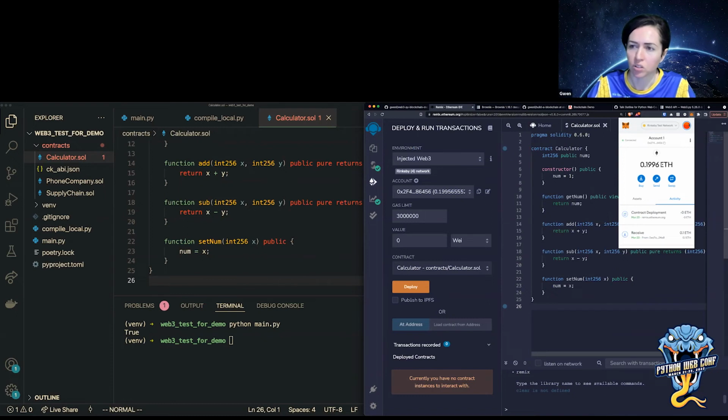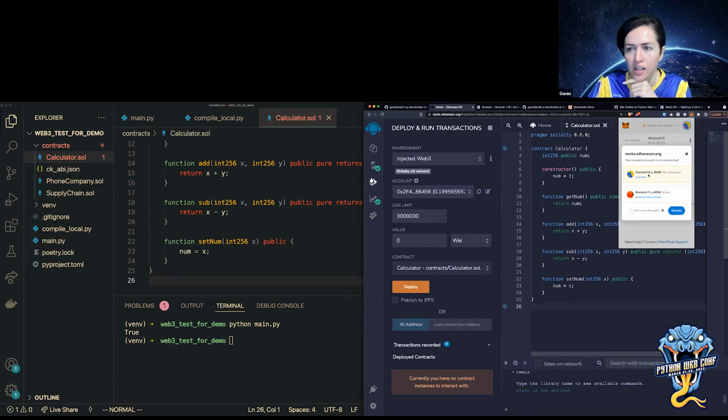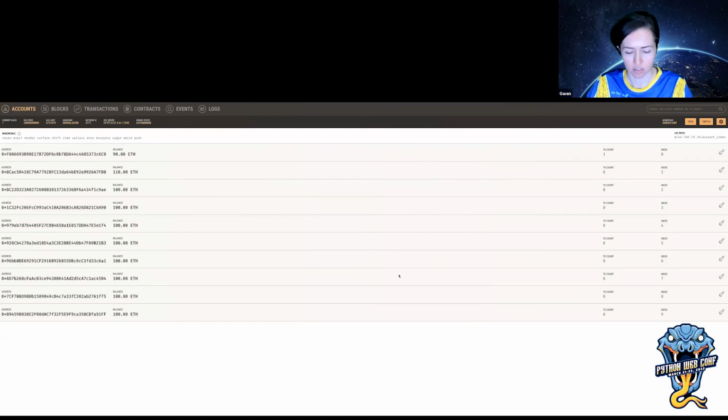You can use this browser plugin MetaMask, and MetaMask can manage all of your accounts. You can either use MetaMask to create accounts or import accounts that you have from other places. Like here, I am importing accounts from Ganache.